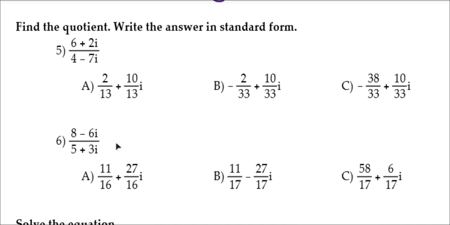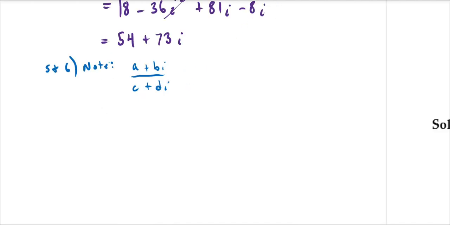Questions 5 and 6 ask for the quotient of two complex numbers. Our strategy for dealing with complex quotients is to multiply by the conjugate of the denominator on the top and bottom. We're always allowed to multiply by 1, and so as long as we multiply by the same thing on the top and bottom of a fraction, we're fine. Multiplying a number by its conjugate has a nice property in that it turns it into a real number. We would wind up with c squared. We would wind up with minus d squared I squared, which is plus d squared. And the positive cdi has a minus cdi to cancel with it,